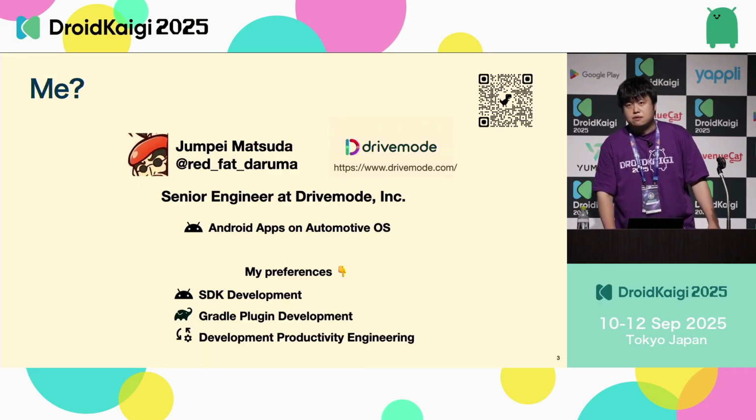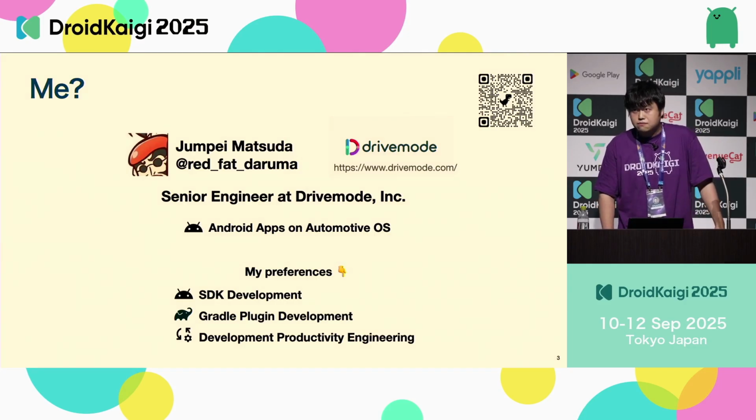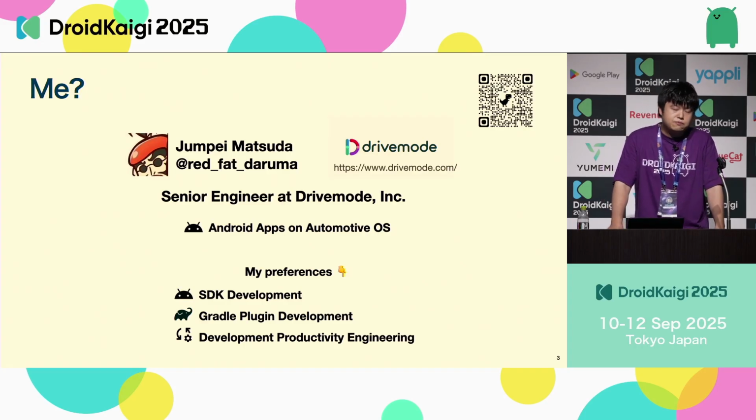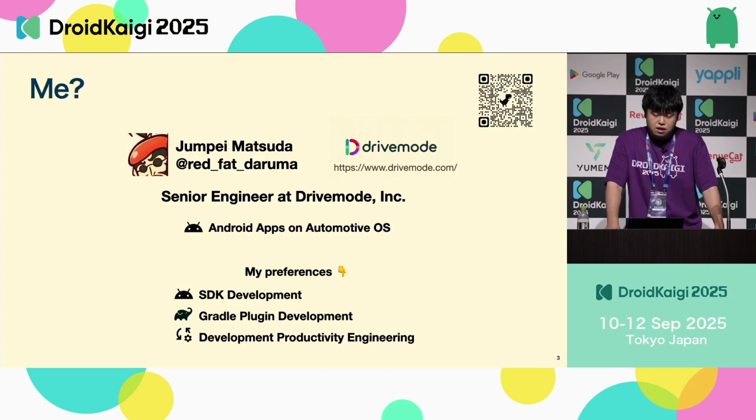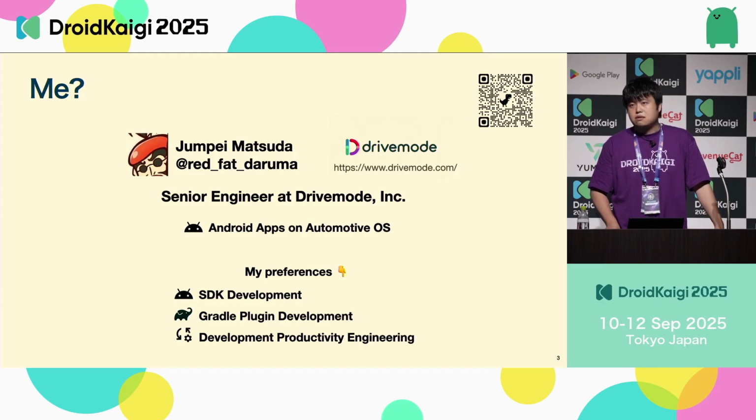I'm Jumpei Matsuda from Driver Mode, which designs and develops IVI applications for Honda motorcycles. I have been developing multiple Android and backend applications using Kotlin Flow so far. Driver Mode's applications use many flows to handle IP sheets, car signals, states, and so on. In this session, I would like to share what I learned about Kotlin Flow and reactive streams